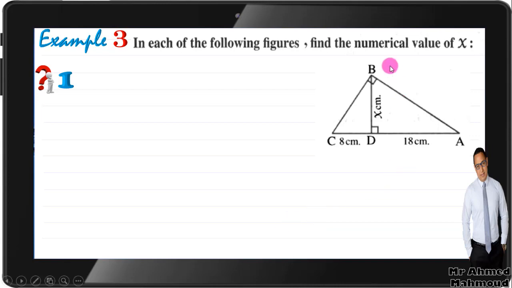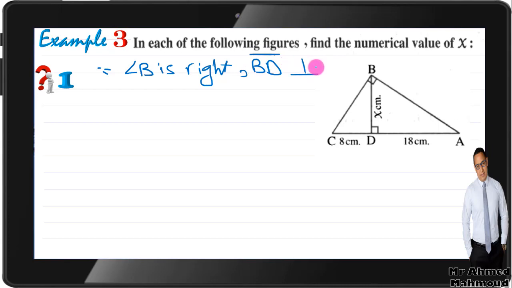This is also the Euclidean theorem. So since angle B is right and BD is perpendicular to AC, therefore